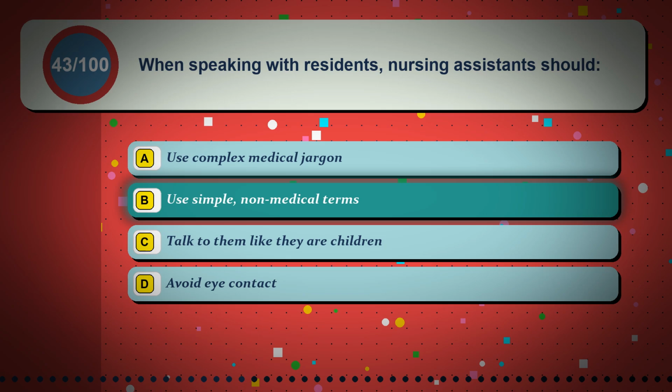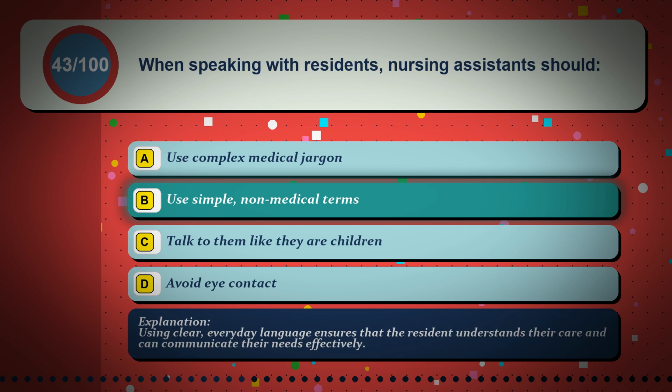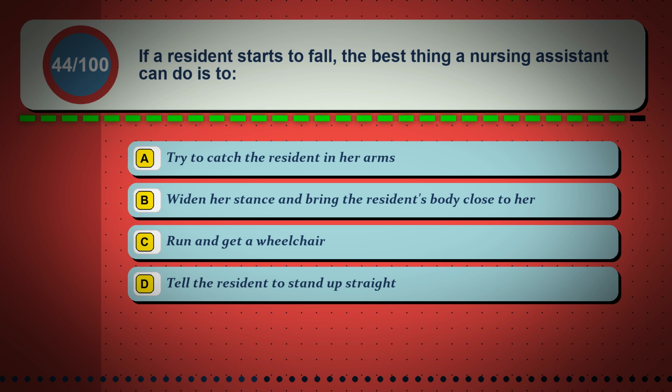The correct answer is option B. Use simple, non-medical terms. Using clear, everyday language ensures that the resident understands their care and can communicate their needs effectively. Question 44. If a resident starts to fall, the best thing a nursing assistant can do is to: